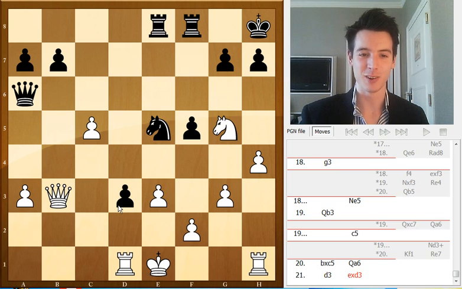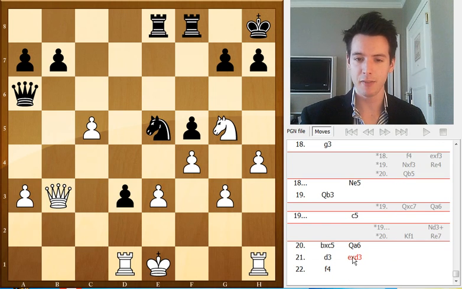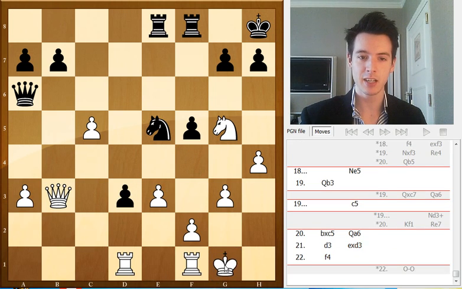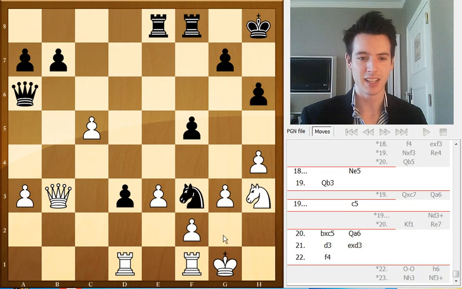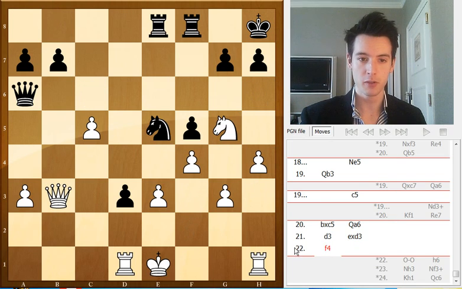Okay, so we have this position, and now my opponent played f4, and this is definitely necessary. If he castles here, then just play h6, knight h3, and yeah, knight f3 here. This looks devastating for white. So f4 is good,